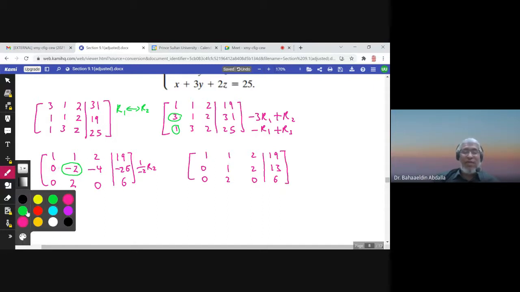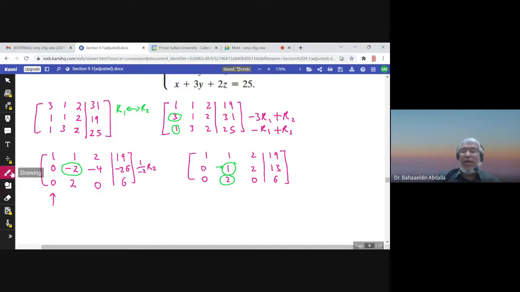Now what is next? This number, I must make it 0. How to make it 0? I use what? I use this one, not anyone else in the column. This one has to be used to make the 2 0. Good. How? Well, look here. What is this? This is 2. So what to do? Negative 2